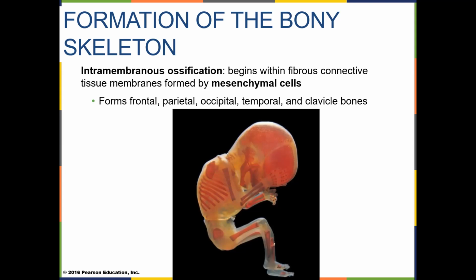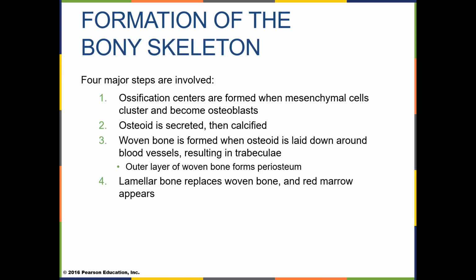The membranes, the parietal membrane, the occipital membrane, they are essentially the basis, the framework for the bones of the skull, and they're going to ossify also, at the same time that the hyaline cartilage skeleton is going to ossify. We have ossification centers that form inside the membranes, and we see these stem cells that are